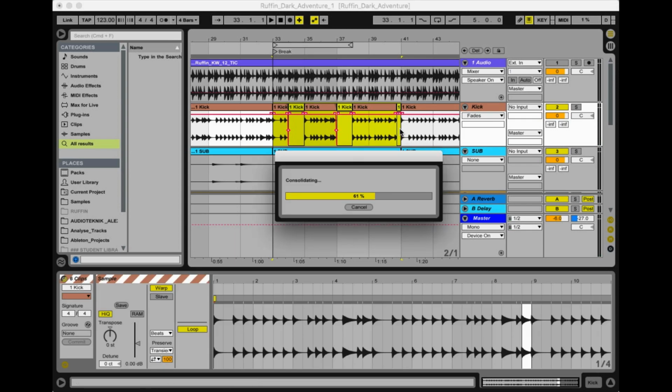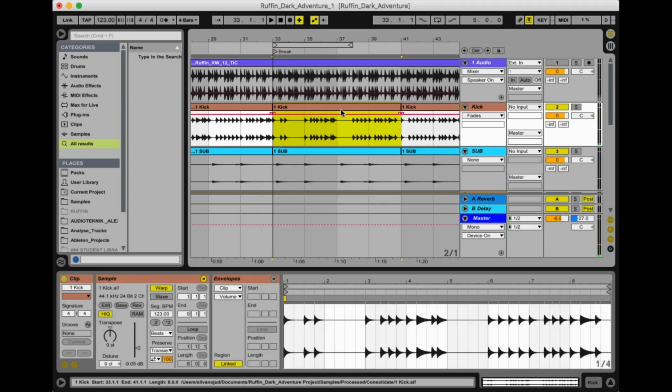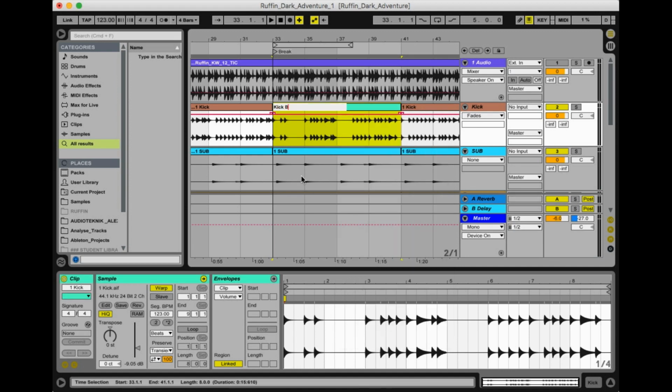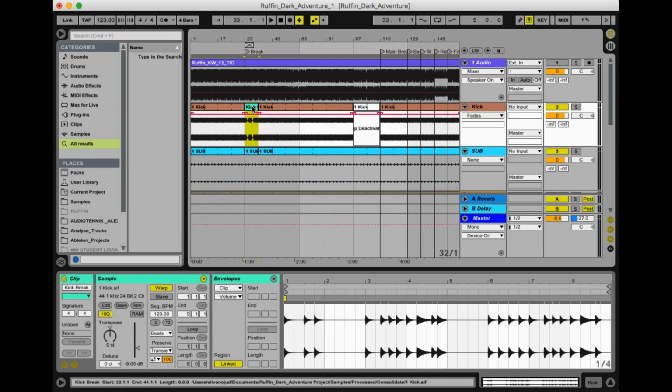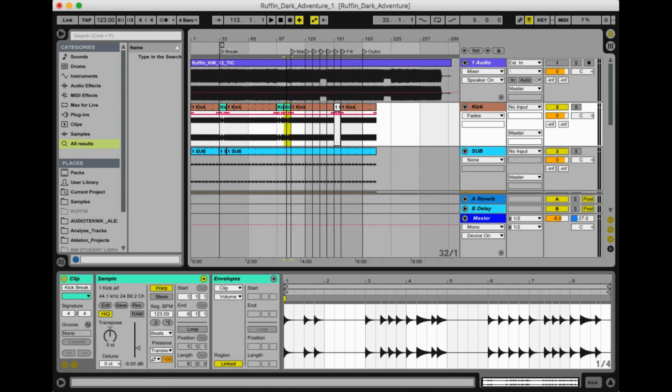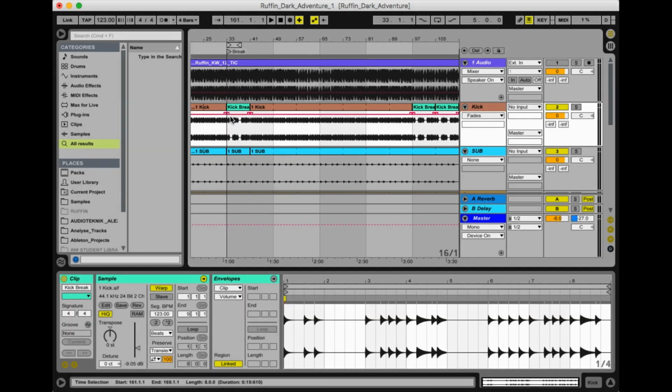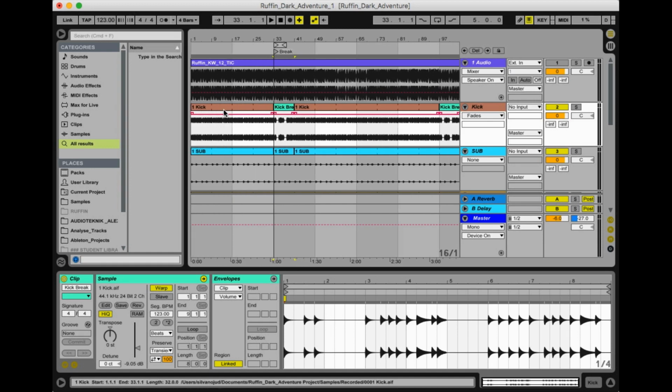Now I would render it quickly. So I have a variation for the break and make it a different color. Kick, break, like this. And then I will copy it here maybe. Duplicate. Copy it here as well. So I can already see, because it has a different color, that there's some change in it, right? Maybe